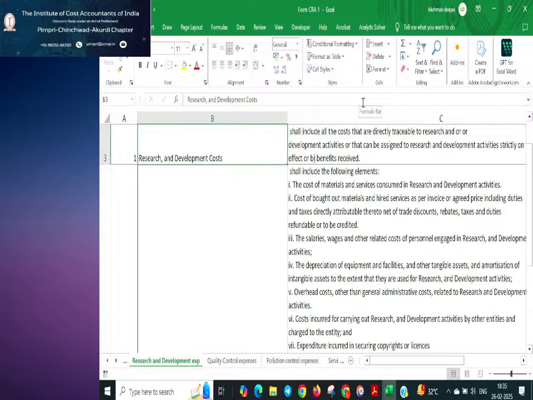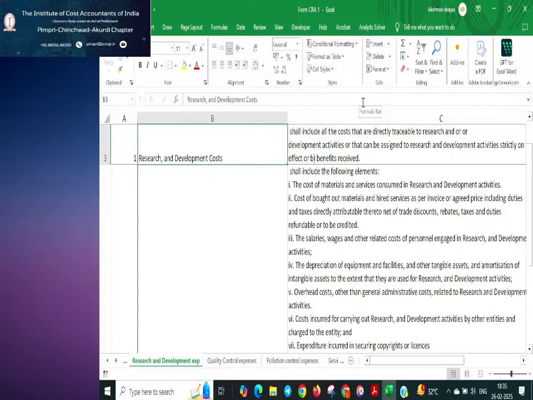So today we are going to talk about research and development cost. What is this R&D cost? Usually the companies have a different wing or a different department for research and development. Why is it so? Because innovations should go on and the product improvements will happen through R&D. R&D is one of the ways in which you can sustain the market and the competition, and at the same time enhancement and growth of the business depends upon R&D, especially for a company which is dependent on technological advancements. Usually they have a separate wing for R&D,